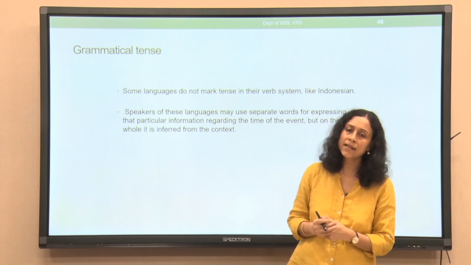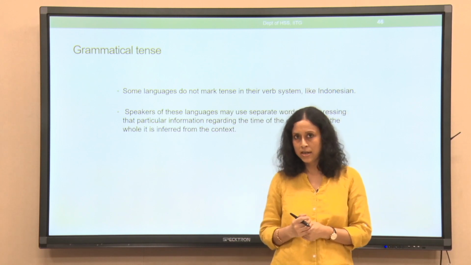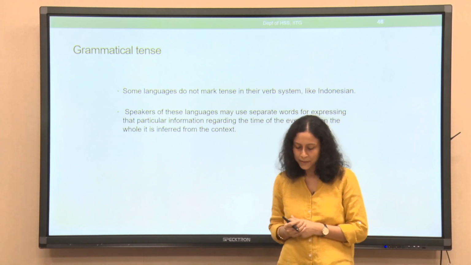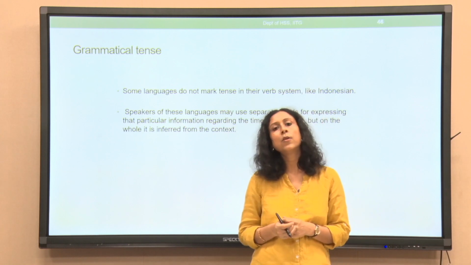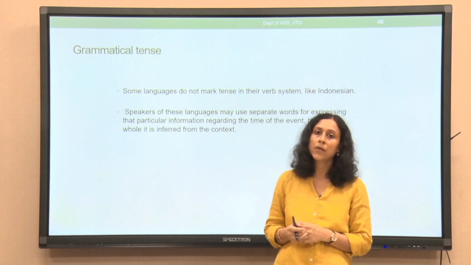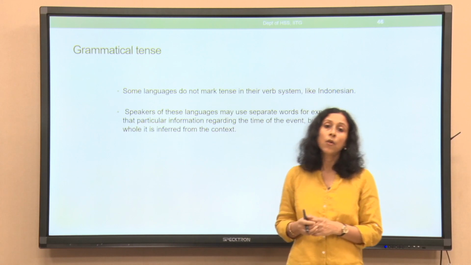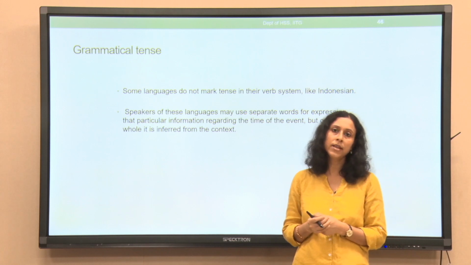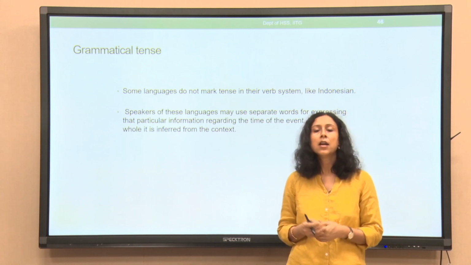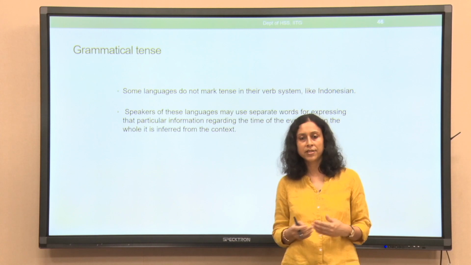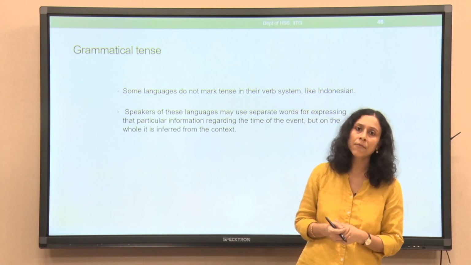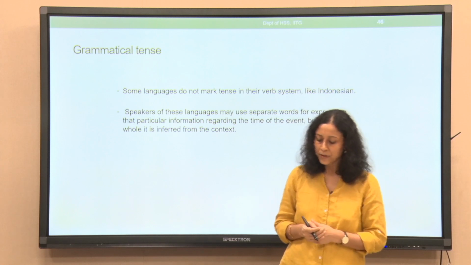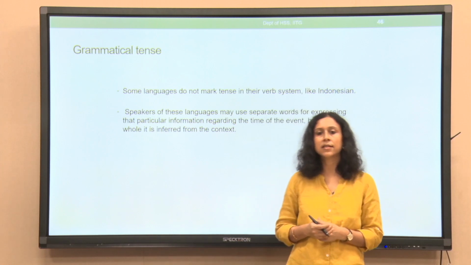What does tense mark? Tense marks the time at which the action was taken, when the verb was unfolding. Some languages in the world do not mark tense in the verb system. When we say they do not mark tense, we mean the way we are usually used to seeing it, like in English. There is a past, present and future distinction, but not all languages follow the same way of cutting continuous time into segments. So, that is what we mean by not marking tense in the verb system.